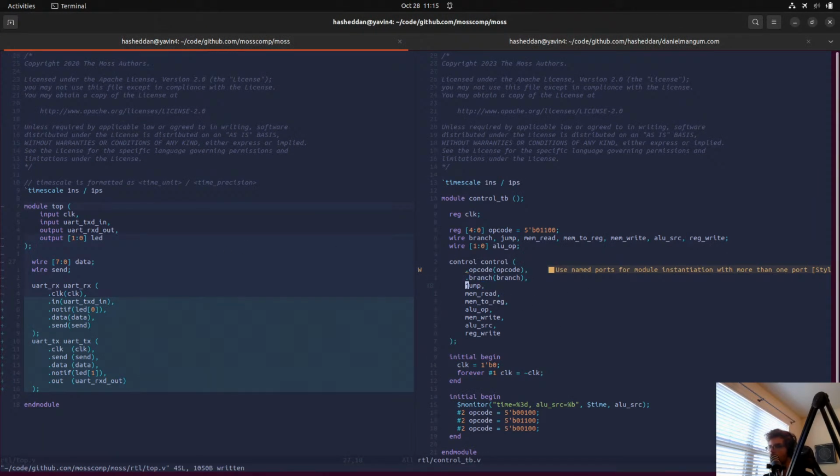Cool, so let's go jump, mem read, mem to reg, oops. ALU op. Right. So these are just all of our control signals that we've been dealing with on the past couple streams here.